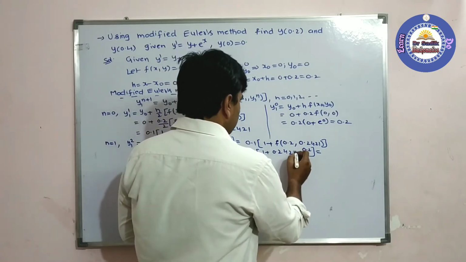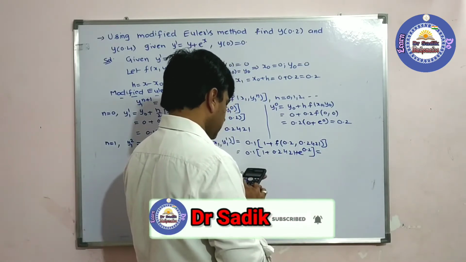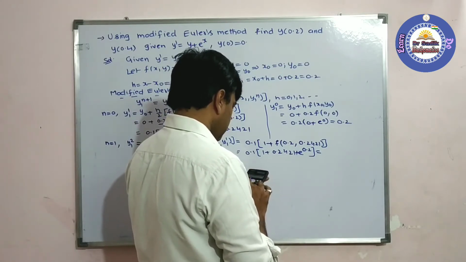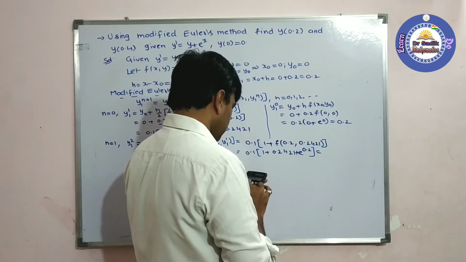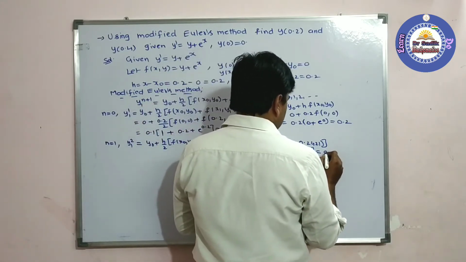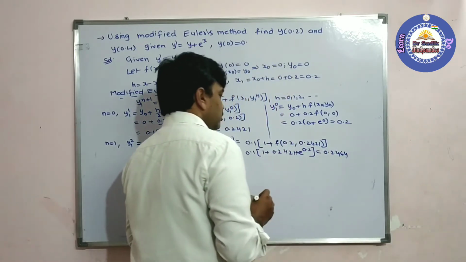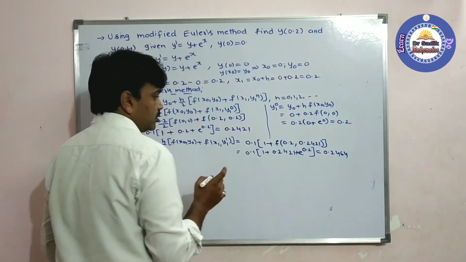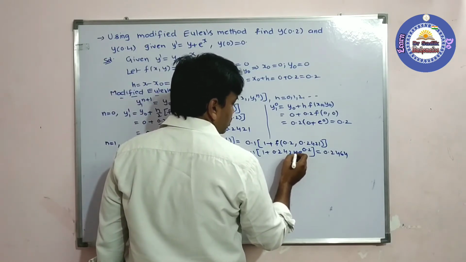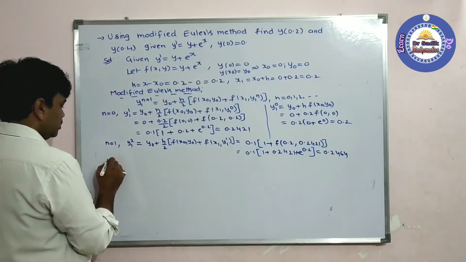This is plus, students, plus, okay, plus shift ln, that means we get e 0.2 bracket close, that is equal to, we get here 0.2464, students, 2464. Write carefully, students. See, I forgot here plus, write my into, students, so do it carefully. Now n is equal to 2, students, n is equal to 2.